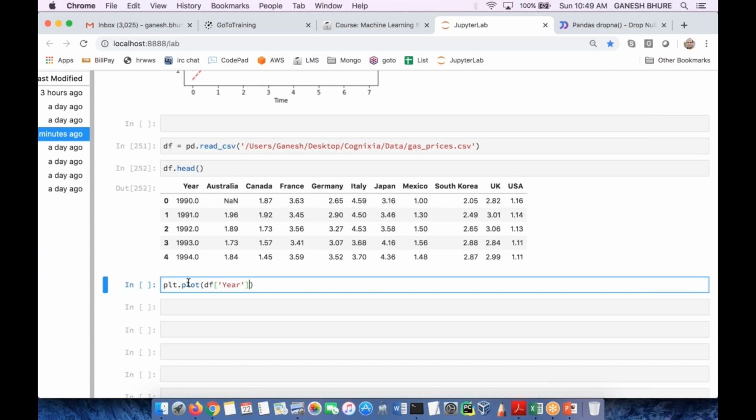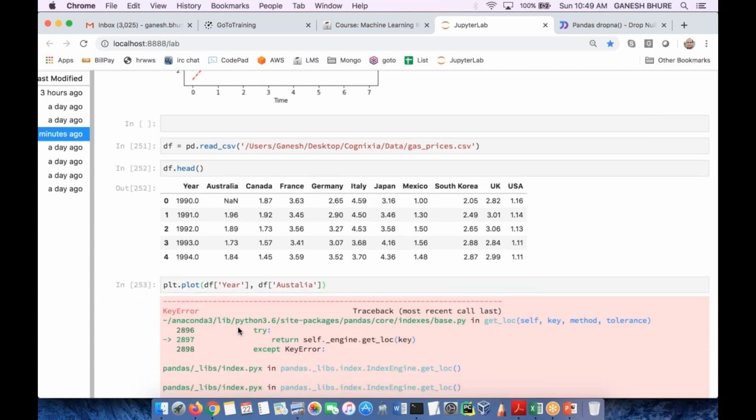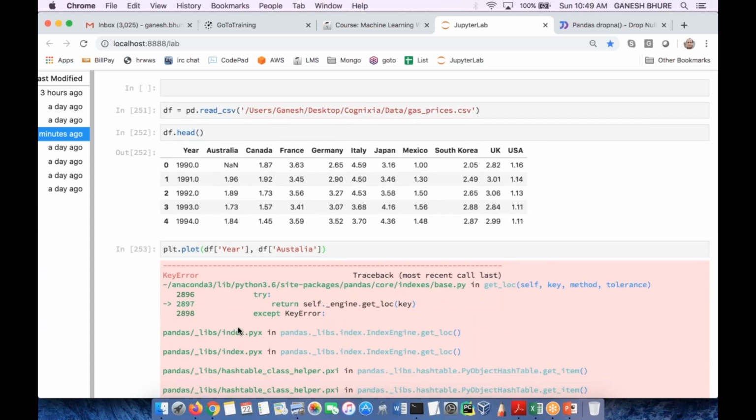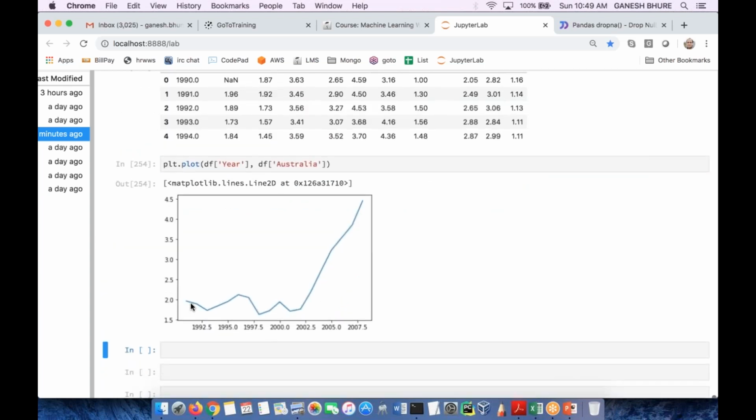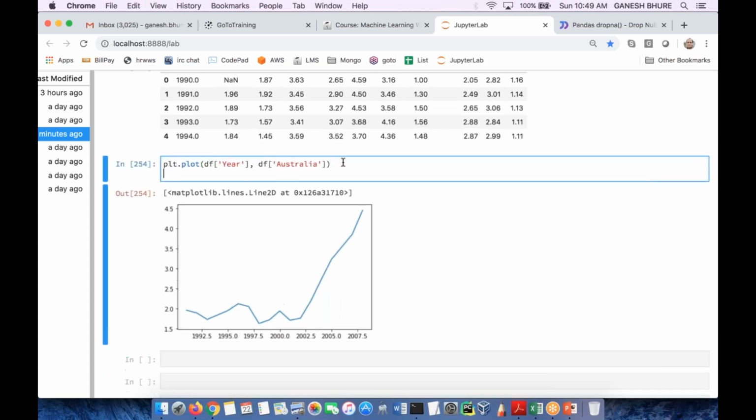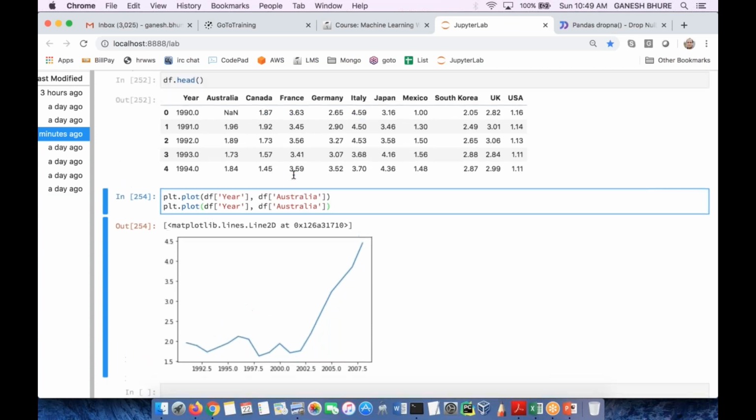Y capital here, right? Year, and I can use this based on a particular country, suppose, df dot, let's say, Australia, right? Suppose I do plot this. What did I do wrong? plt dot plot df year, comma df Australia, spelling. Yeah, the spelling was not good. So this is the plot for Australia, the gas prices during various years,